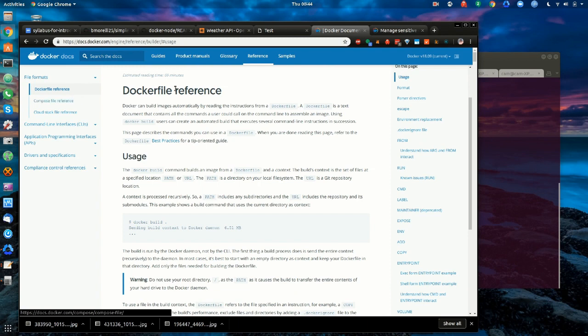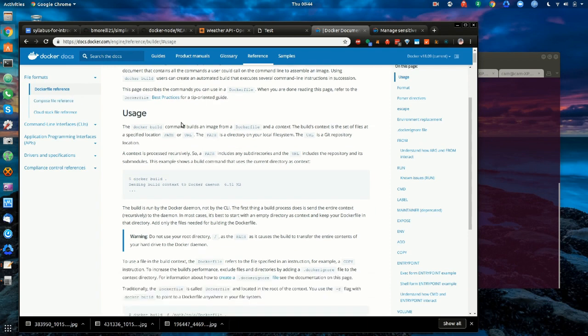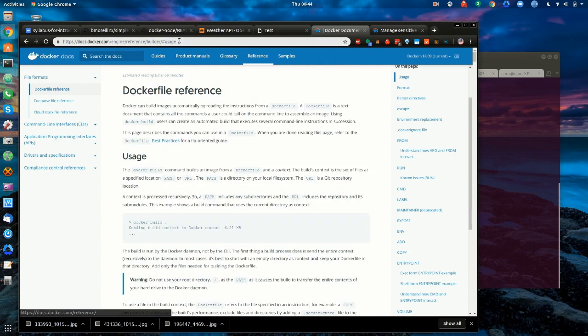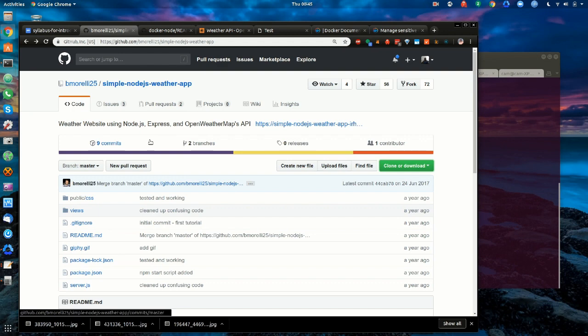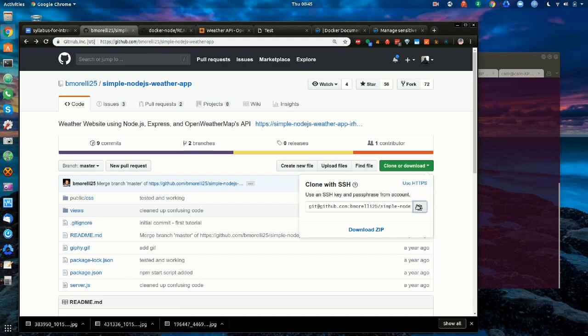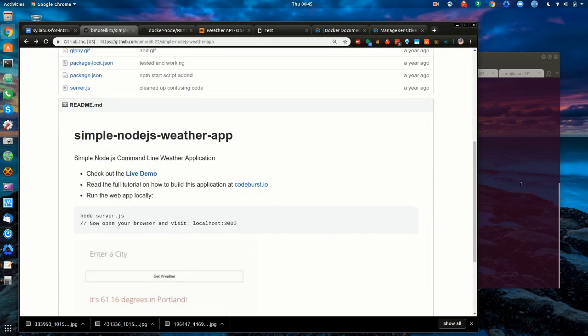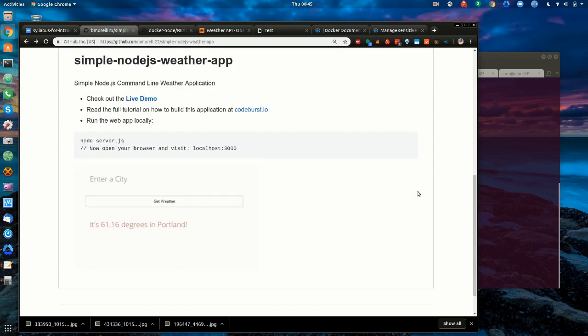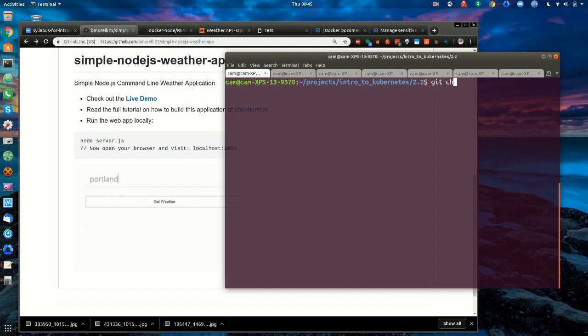So with that said, you can see here I have the Dockerfile reference manual pulled up, and let's take a look at GitHub. I found this pretty simple weather application available on GitHub. I will include the link to download this GitHub project in the course material. But let's go ahead and check out this repo and take a look at what it does. Oh, actually, look, here's a GIF of what it does. You simply open your browser, it asks you to put in a city, and it tells you the temperature of the city. So let's go ahead and check that guy out